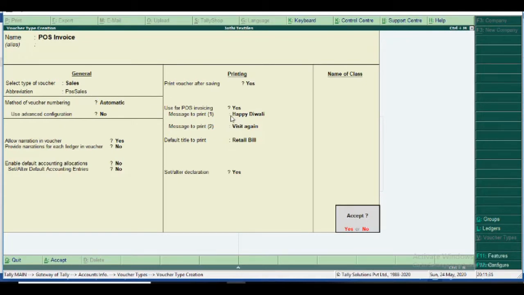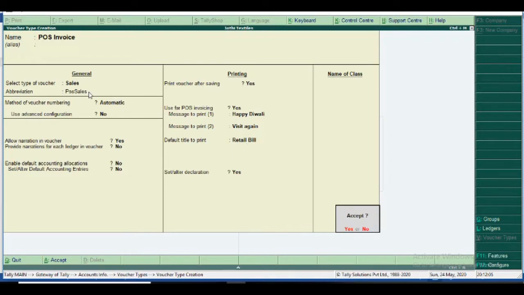And then print message 1, message 2, default title for print, retail bill, is not compulsory. If I need it for my administration circle or finance circle, I convey it to my customers like that.